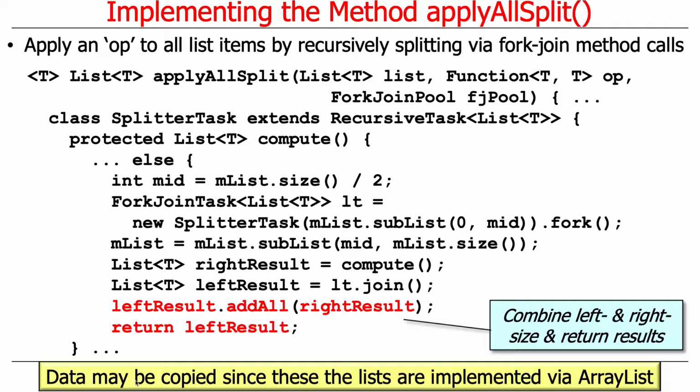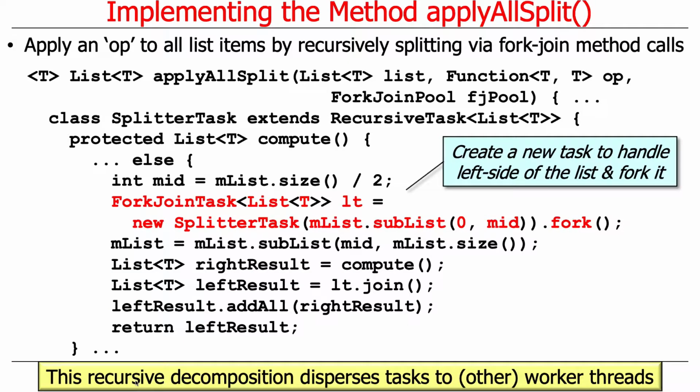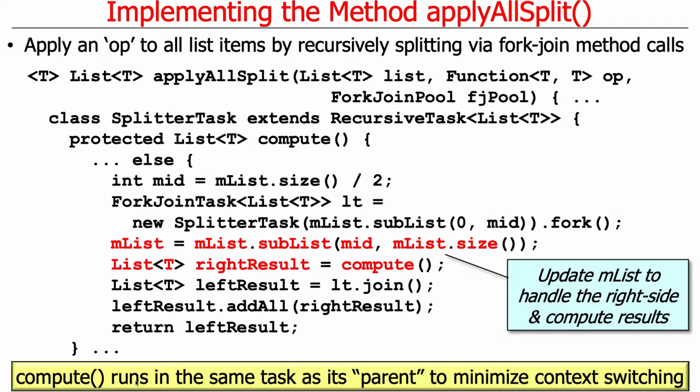Good question. So the question here is, when does this start to run? So remember when you create this new splitter task, which has the left-hand side of the list, and you fork it, what happens? Remember, fork arranges to execute the task at some point in the future. What does it do? It sticks it on the deck of the current thread. Well, remember, the current worker thread is about to go off and do compute. So that thread will be busy for however long it takes compute to recursively decompose and do its thing. So chances are the